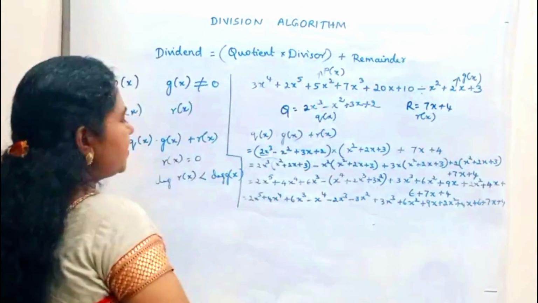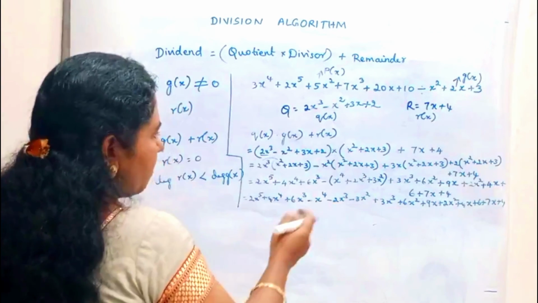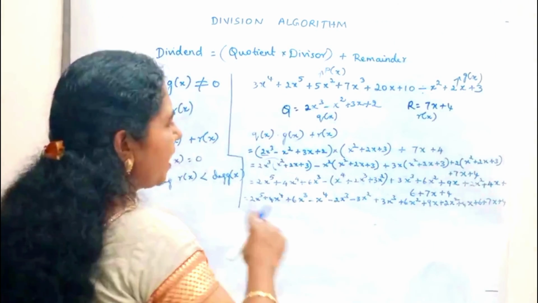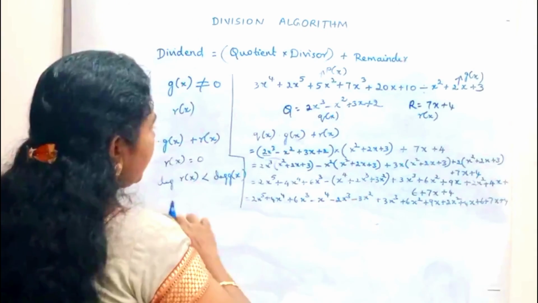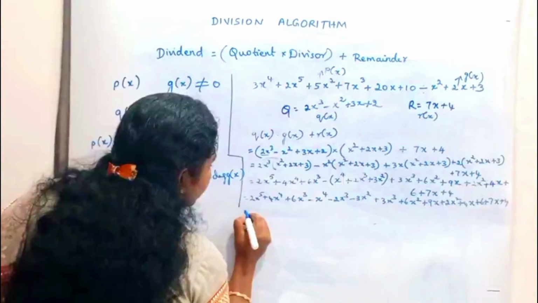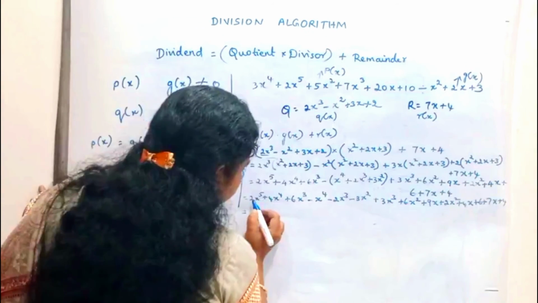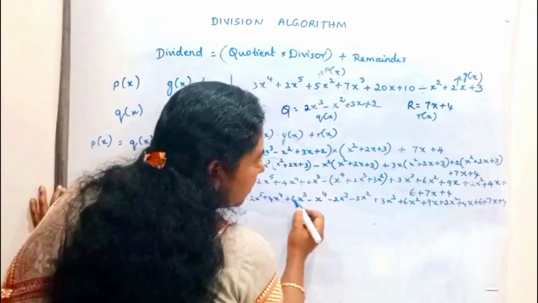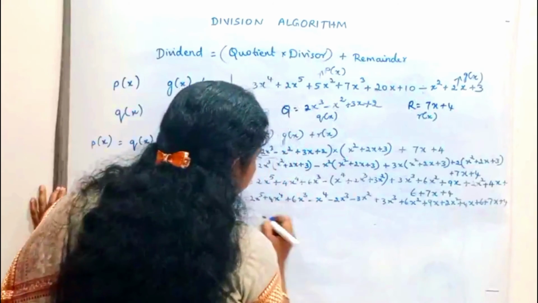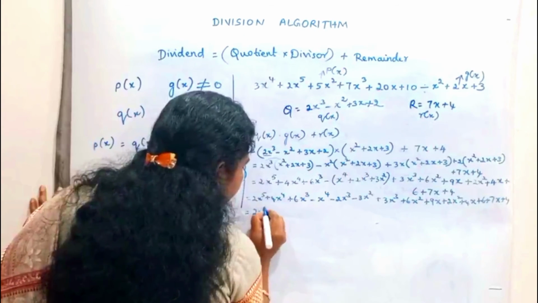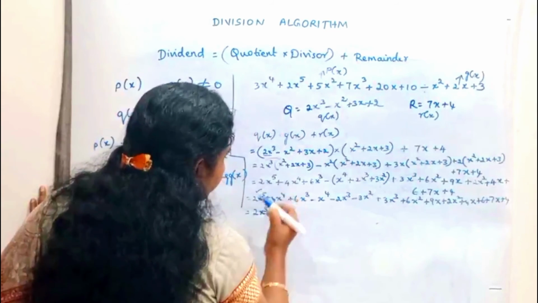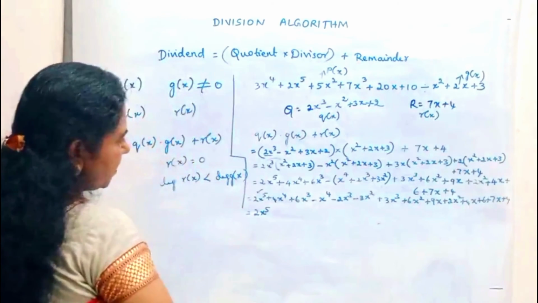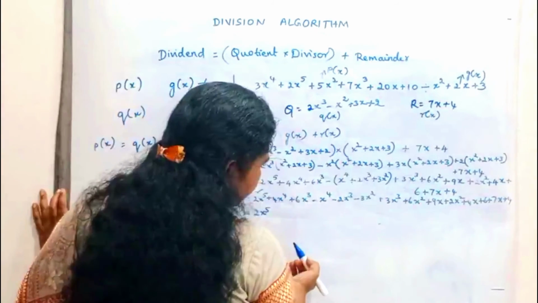Now the next step, we have to combine together the like terms and simplify, write separately, and finally combine all the terms. So now here we are having an x power 5 term. We have to see whether there is any other term. So there is no other term, so you can write down x power 5. After completing, you can give some identification mark saying that you have already taken that term, so that